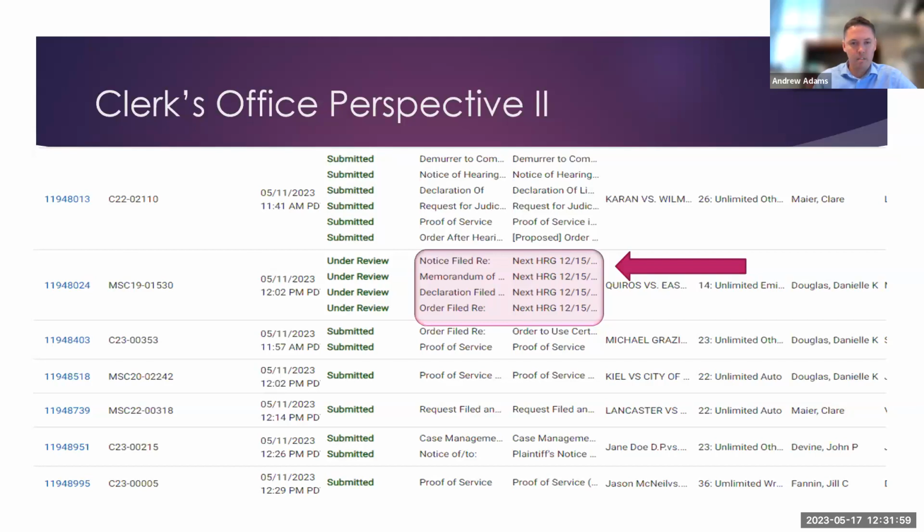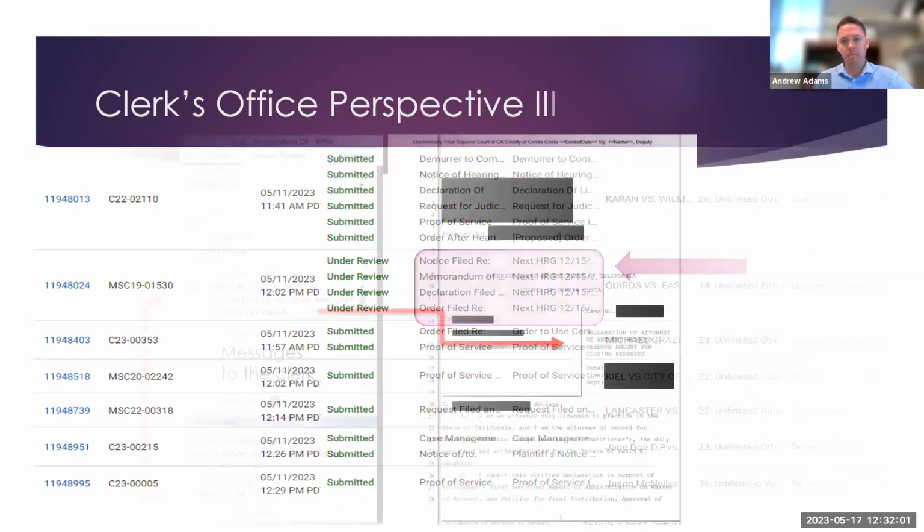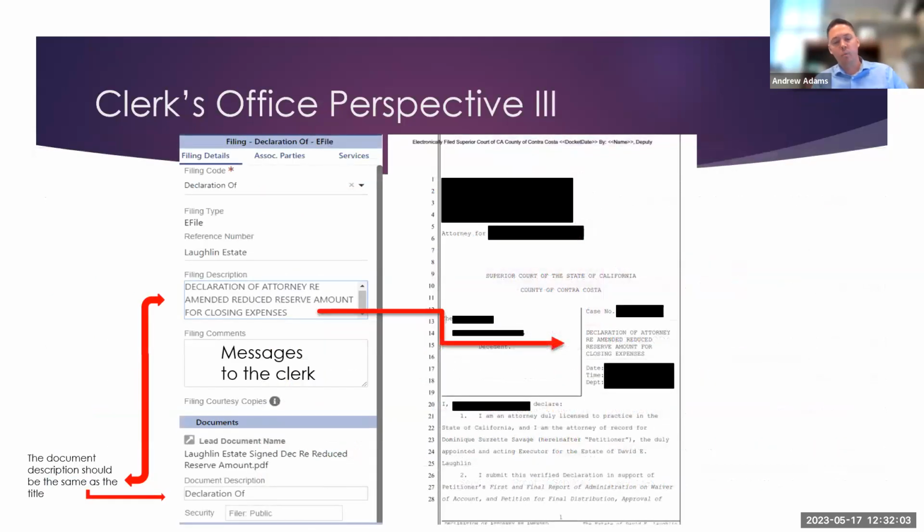So there's that. All right, this is what it actually looks like once we go into one of your guys' filings. Now, what we're looking for is there's a few different things. You're actually going to pick a filing code, right? In a filing code, you're going to have a list of codes. The code is the same across the board for all e-filing providers. Now, that will be different between civil, between probate, between family. It's all controlled by the court on basically what we want to have available there. We try and keep it simple.